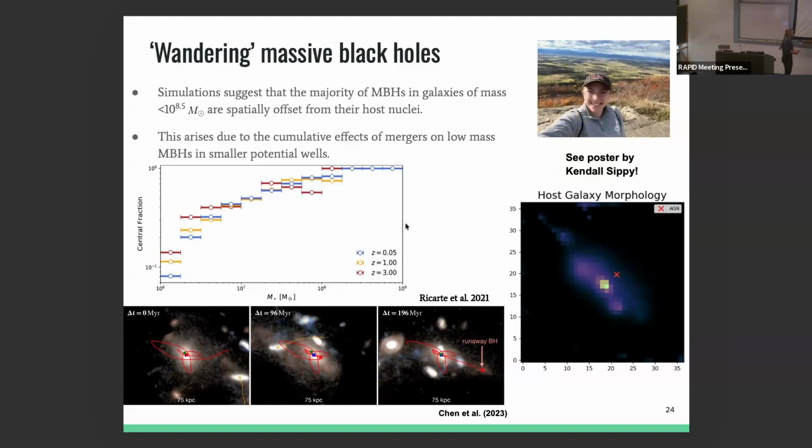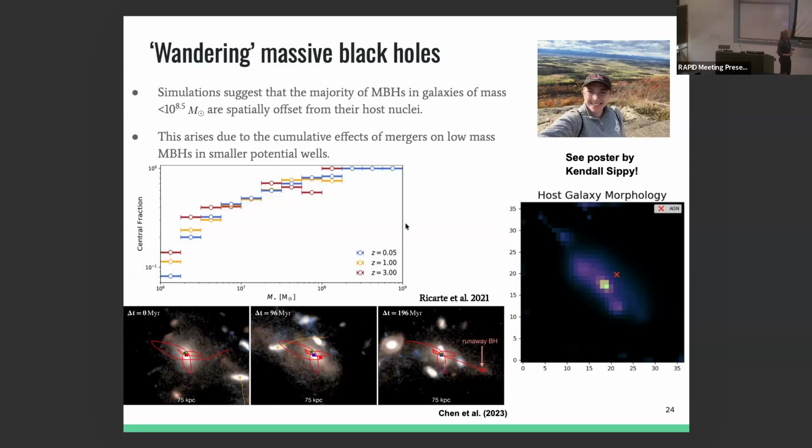One of the examples that we think will be really interesting is looking for wandering massive black holes from both tidal disruption events and from AGN that have low levels of variability. In particular, we want to be really sensitive to small spatial offsets between that massive black hole and the host nucleus. This is why this forward modeling approach with the space-based imaging, but also the variability information could be